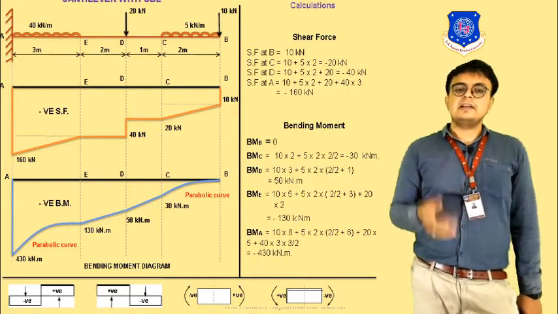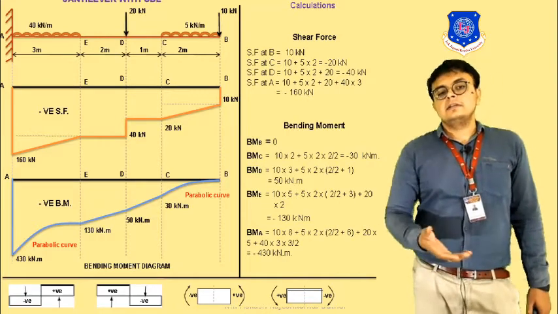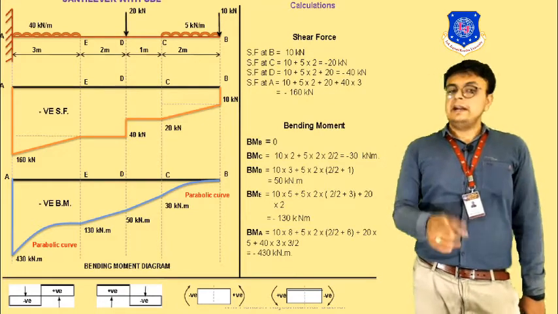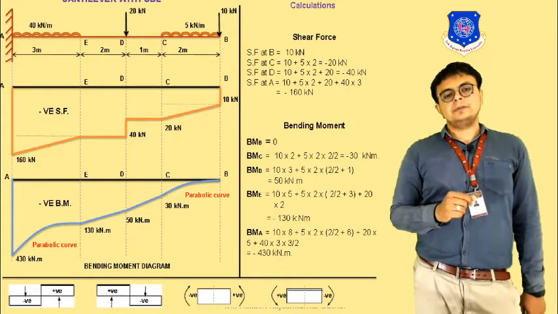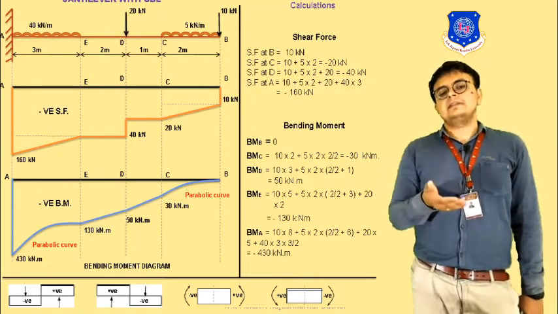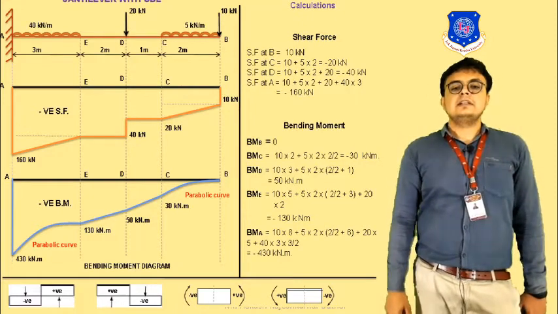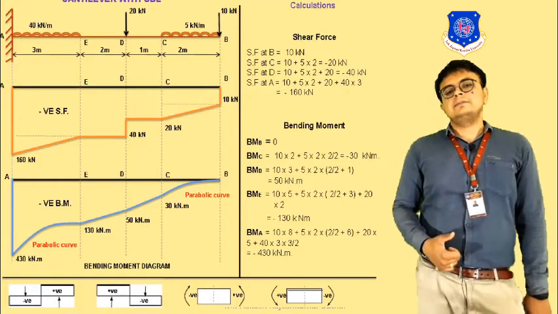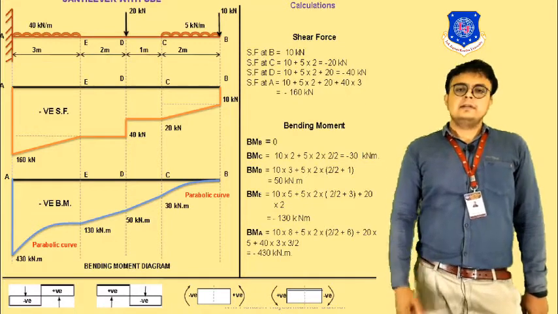So finally, we are getting the shear force at D equal to 40 kilonewton. Again, the loading is constant. There is no loading from D to E, and from E to A, we are having the UDL. Because of this UDL, there will be a slant in the diagram, and finally we are getting the value of 160 kilonewton. So this is how we can prepare the shear force diagram for this cantilever beam.